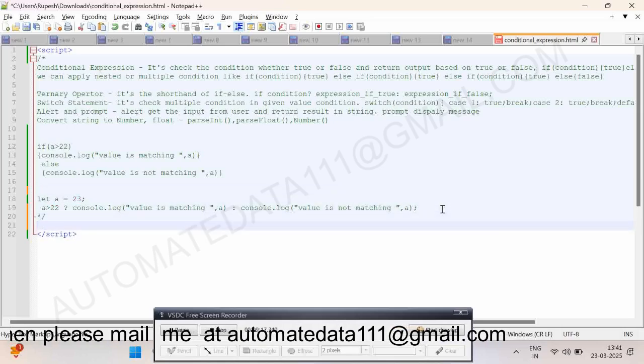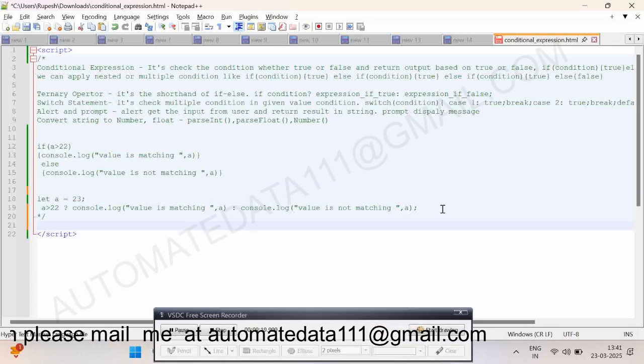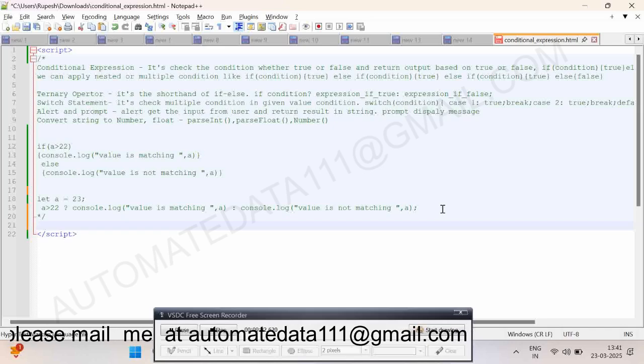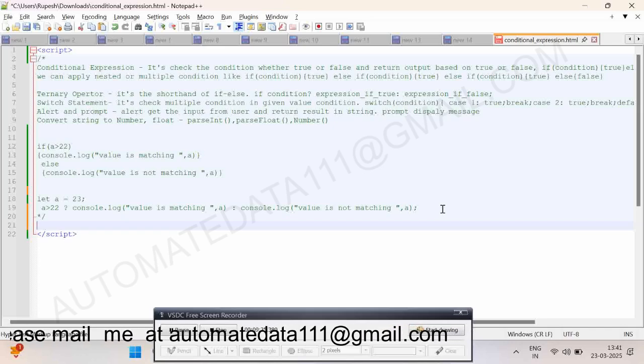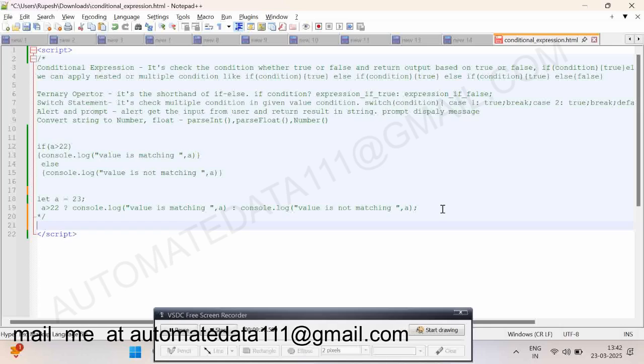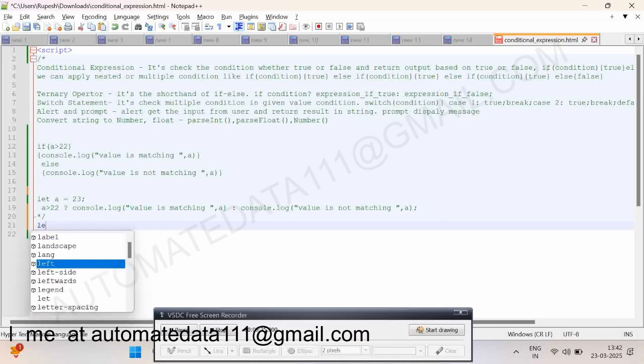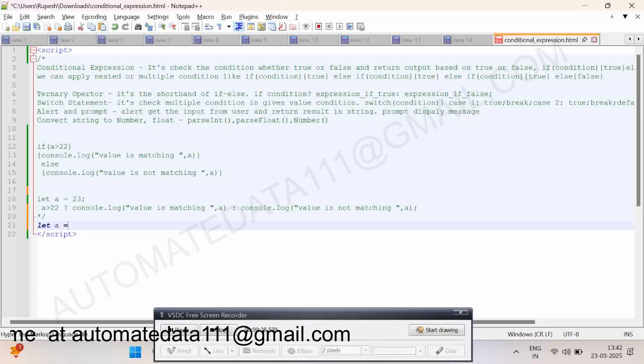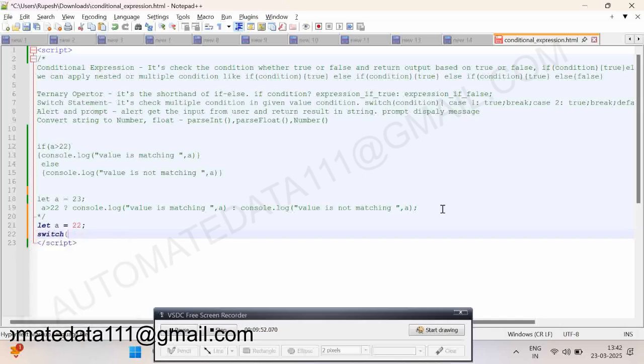switch statement. Okay, now how can you use the switch statement in this one? First of all, switch actually checks multiple values. Let's say in my array I have multiple conditions. Let's say I have 22, right? Now let's say switch a, this is the common syntax,